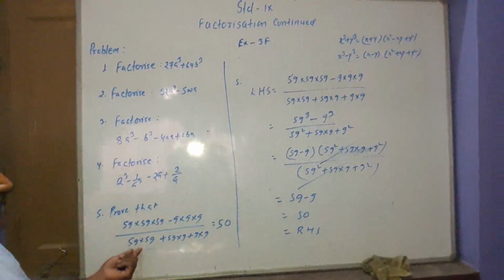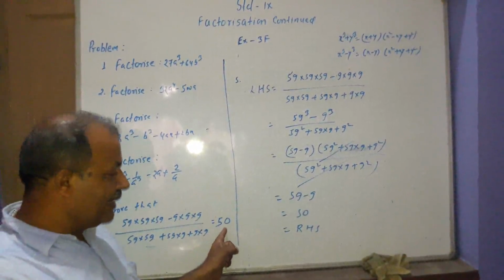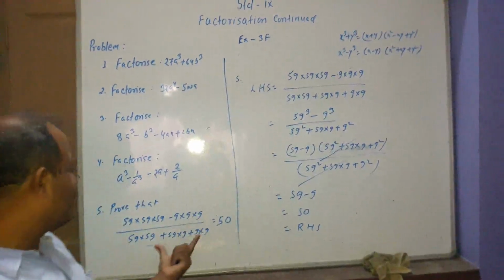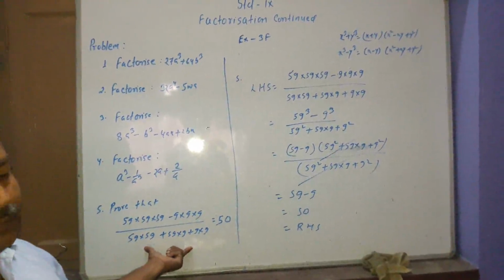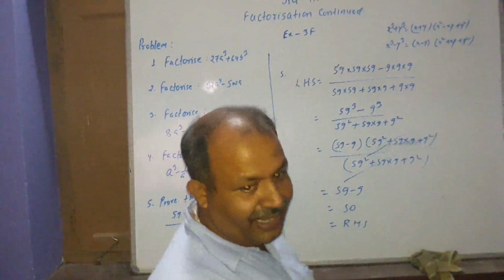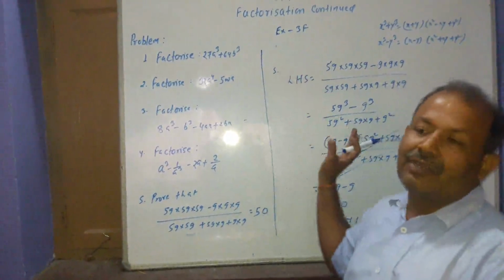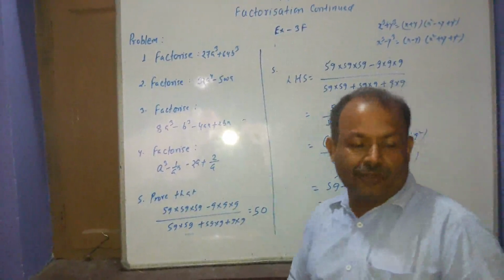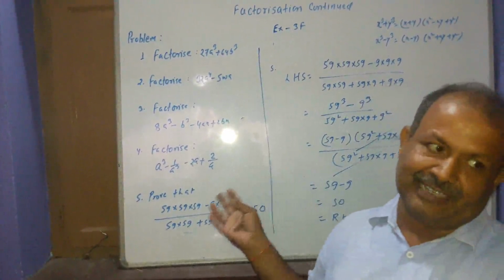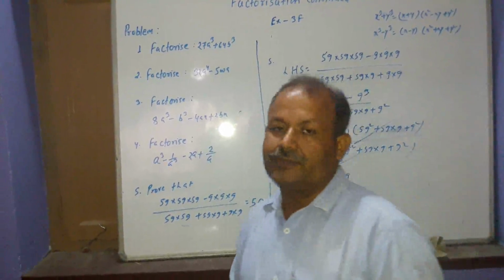That is, the left hand side is proved to be equal to the right hand side and therefore we have proved this statement. First you have to learn these 5 problems well, and you have to practice them well. After that you have to solve exercise 3. It will help you in solving the problems of this exercise, and so examples should also be shown. Okay. Thank you.